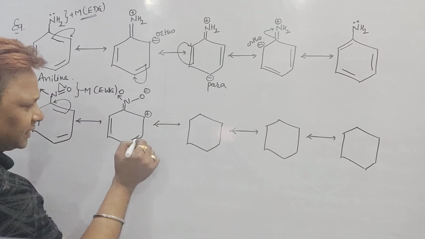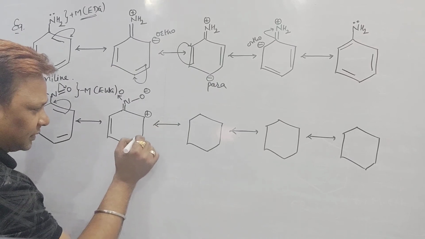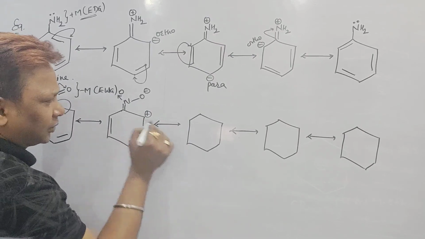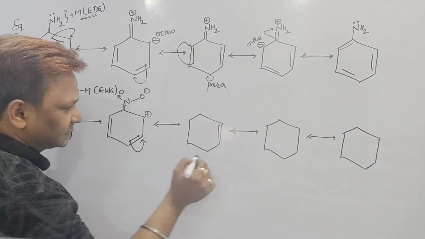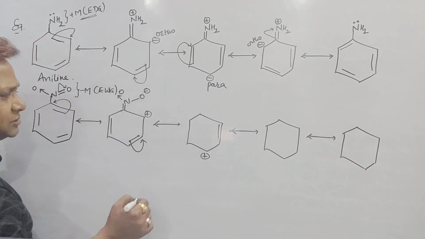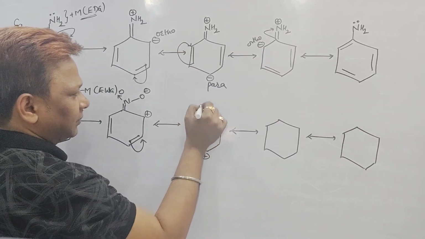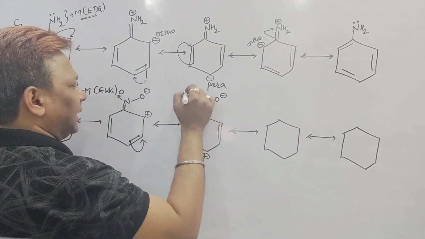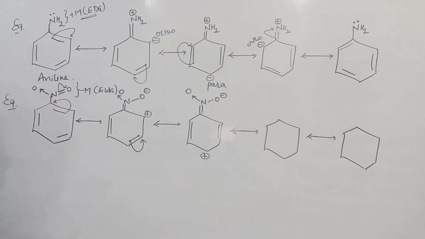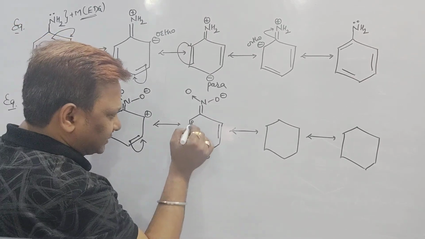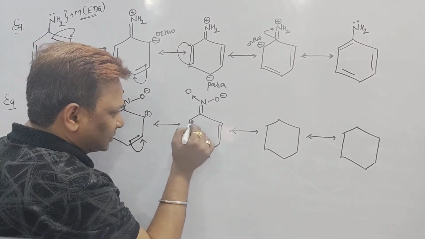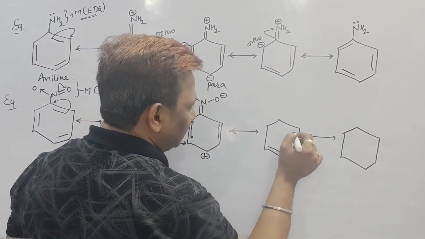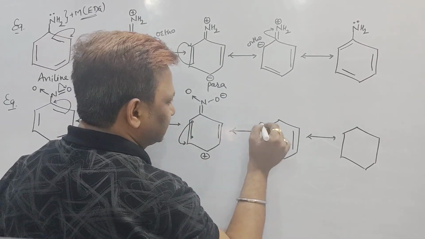But now the positive is here, obviously this pi electron is here now, it will shift towards the positive charge. So negative and positive will make a pi bond. In this case I will get one more positive charge. This is a pi bond. See beta, double bond N, single bond O, O with negative, and the nitrogen atom is having a dative bond. But now again the positive charge is there, and this is a pi electron. This pi electron is shifted to this carbon. It will get negative, it will get positive. This is a bond, this is a bond. This will get a positive charge.